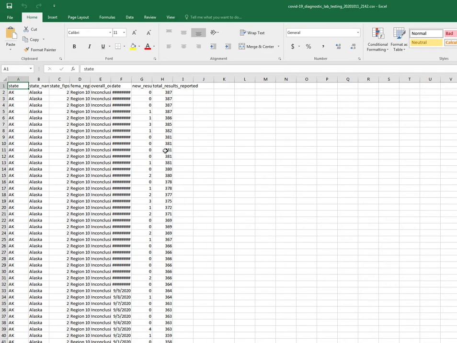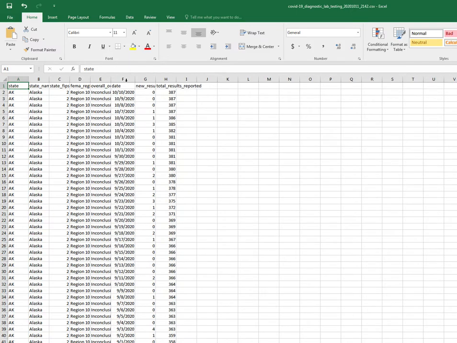So here it is in Excel, and you can see that when it defaults the load, there are some things here that have pound signs in them, the number sign. That just means that the field is not wide enough to display the entire contents of that field. So if you go, in this case, between the F and the G column, you'll see the cursor changes to a cross. And if you double click, it'll actually resize that column so that those pound signs go